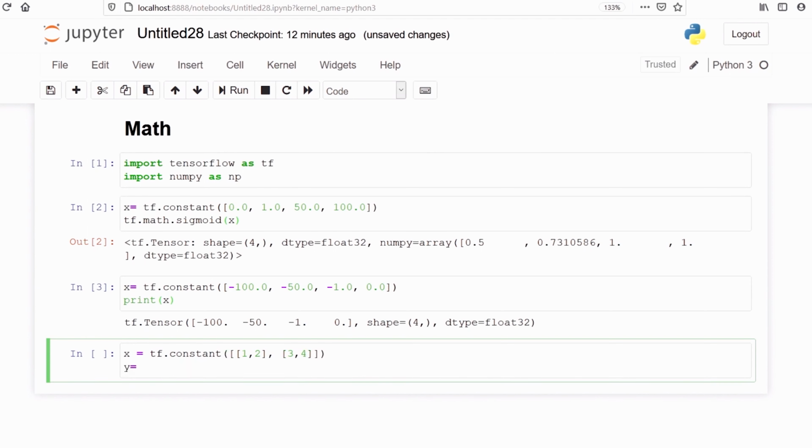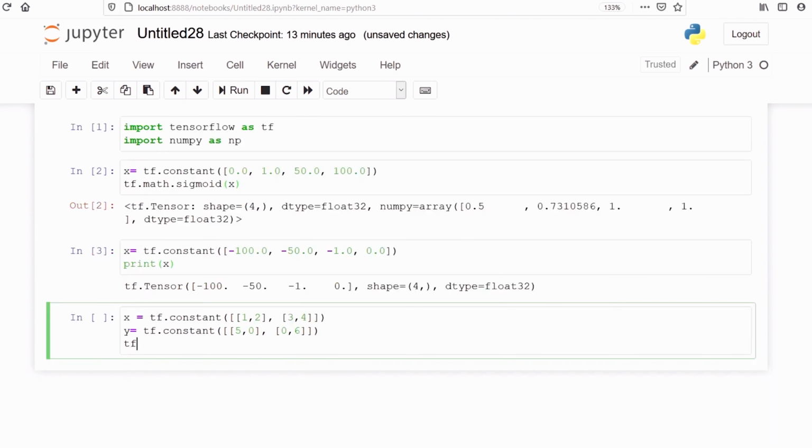We will make one more. Now we are going to call accumulate_n method on our variable x and y. We will pass our variable in list.